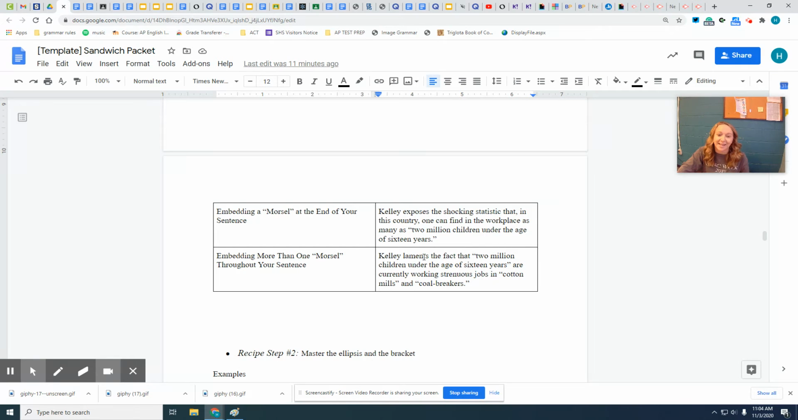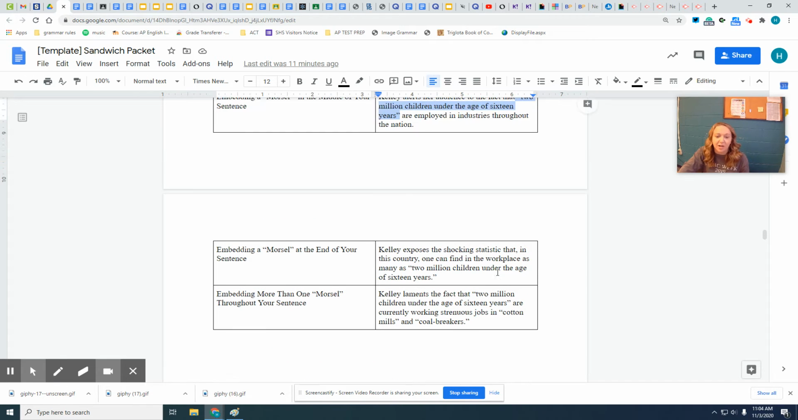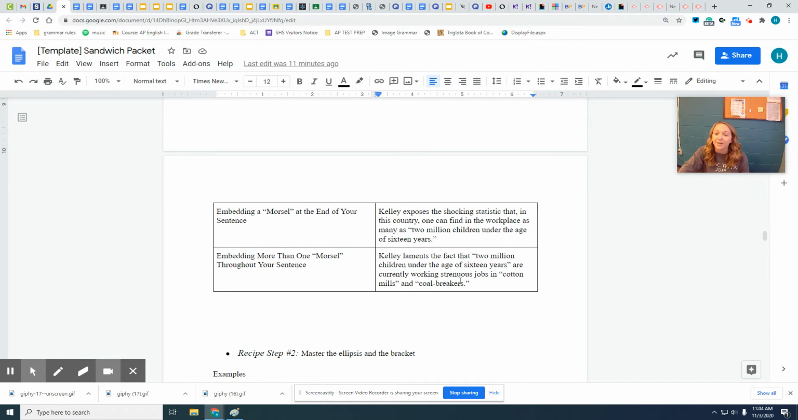Kelly laments, "the fact that 2 million children under the age of 16 years are currently working strenuous jobs in cotton mills and coal breakers." And they have these little quotes throughout. Okay? Step 2. Sometimes when you have a quote, if you want to make it smaller or